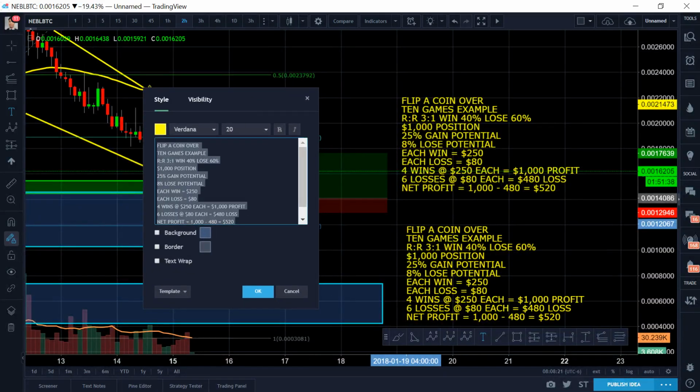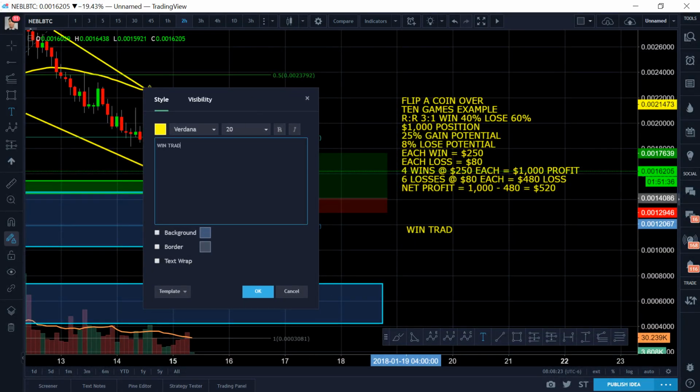So this is called the win trade expectancy formula, which is equal to your win percentage multiplied, I'm just gonna use star, by your average win amount, right, minus your loss percentage times your